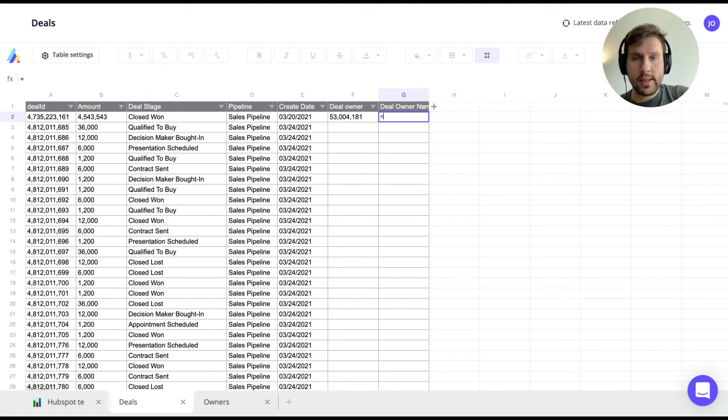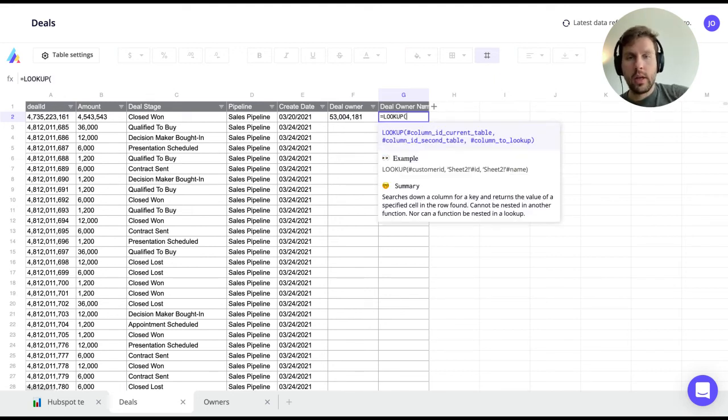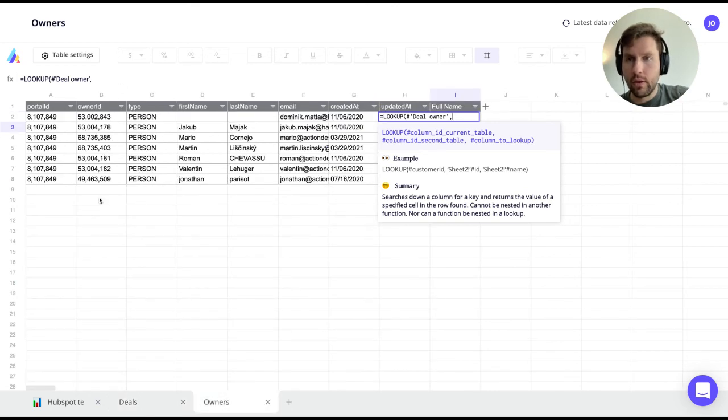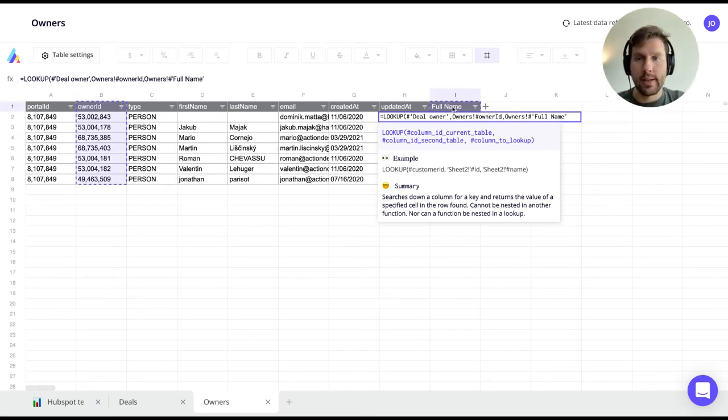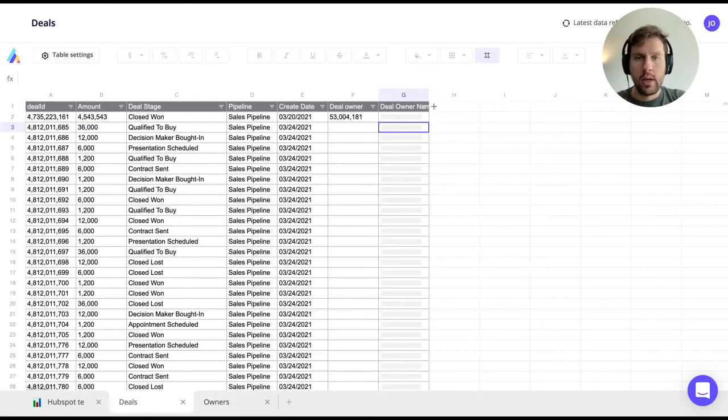So for this, I'll use the lookup function, which takes three parameters. The first one will be the deal owner ID here. Then I will toggle to the owner's sheet. The second parameter will be the matching ID, so here, the owner ID of this table. And third, the column that I actually want to retrieve, which is, in this case, the full name. Great. So now that I have this, I can